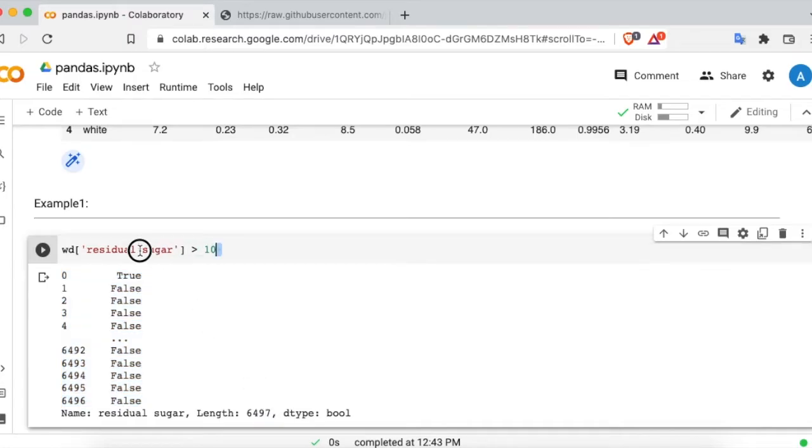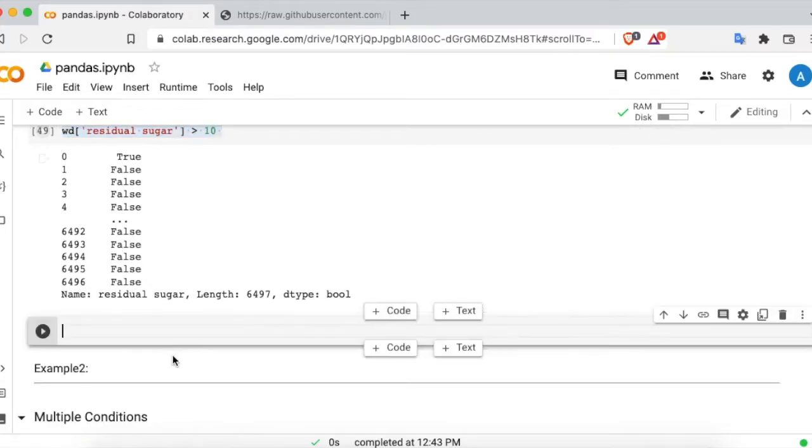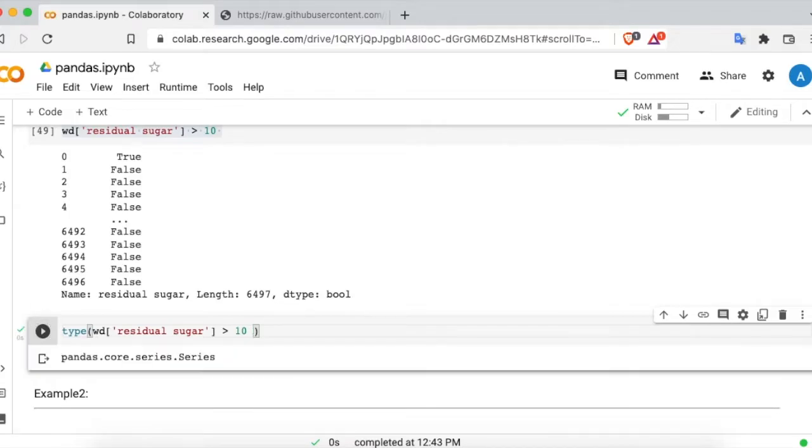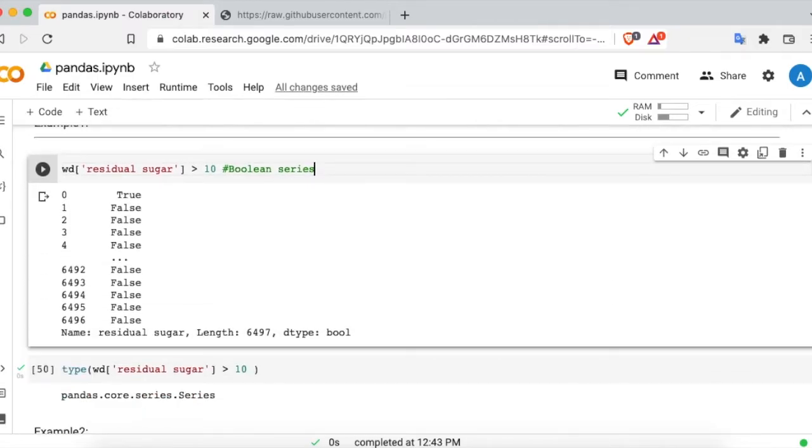The series obtained here is a series, right? You can verify that. How do you verify that? Simply use type and verify it. It's a Pandas series. Now this series obtained in terms of True or False is called a Boolean series. And now what I told you before,